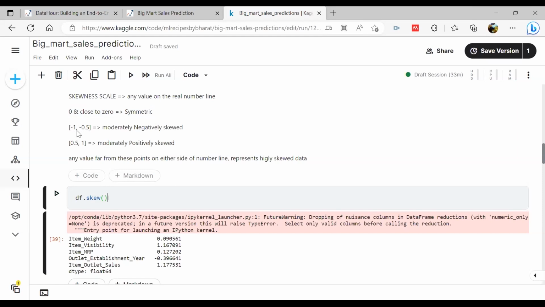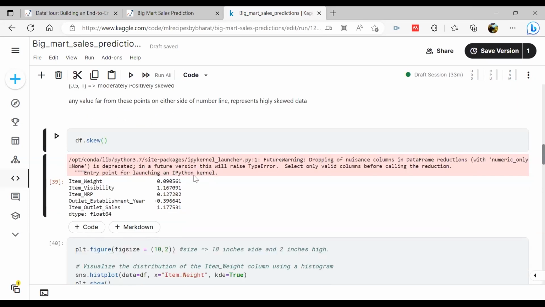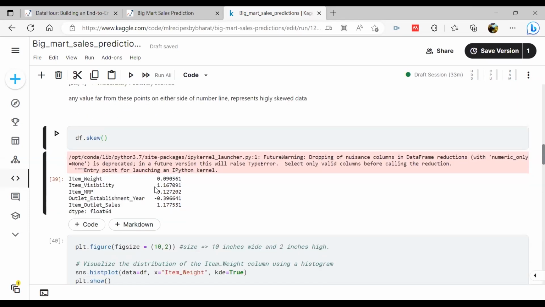Whenever it is on the left hand side of the number line, we say the data is negatively skewed. Similarly, when it is on the right hand side from 0, we say the data is positively skewed. So here we can see that one of our columns, item visibility,